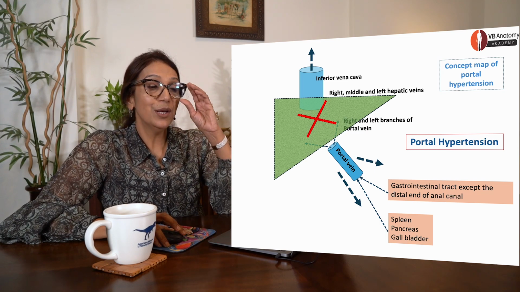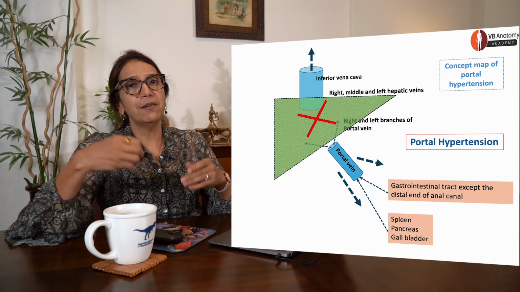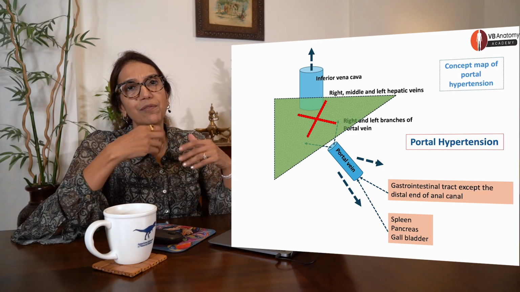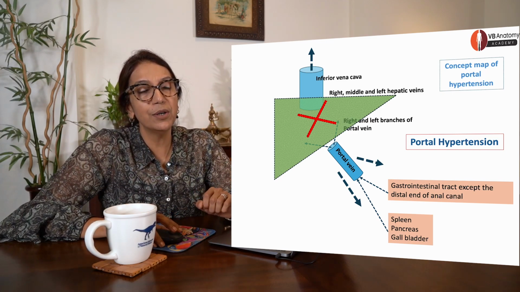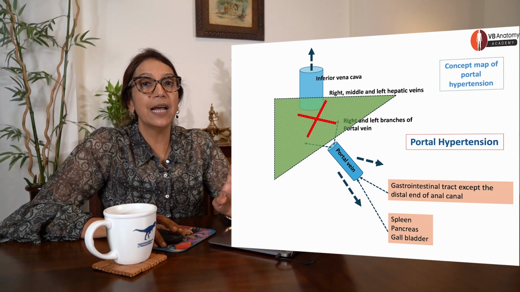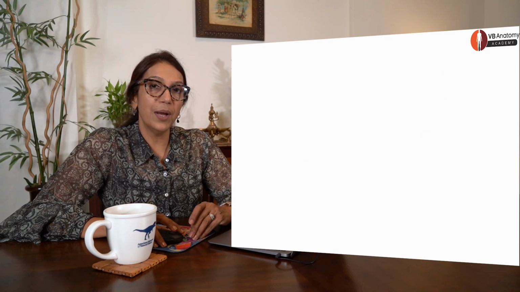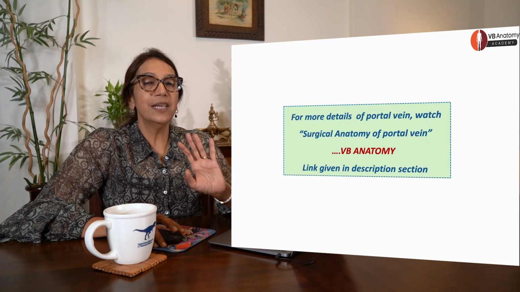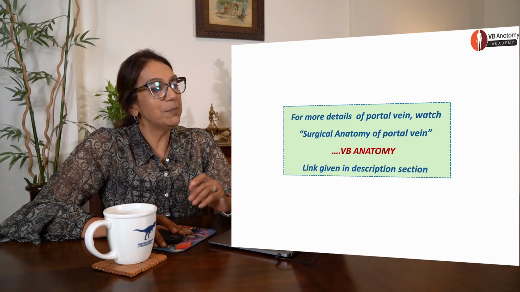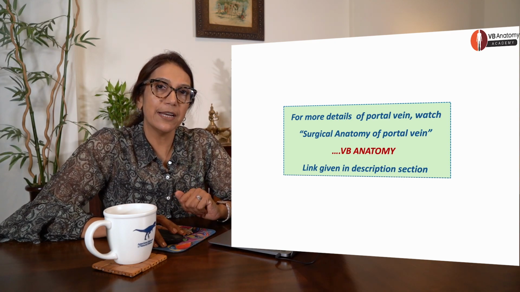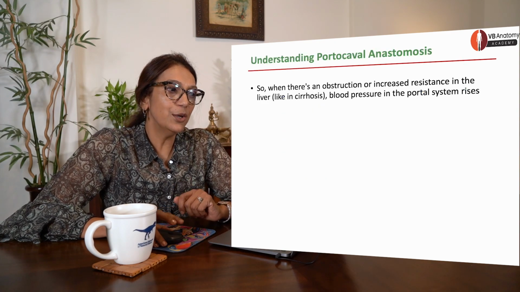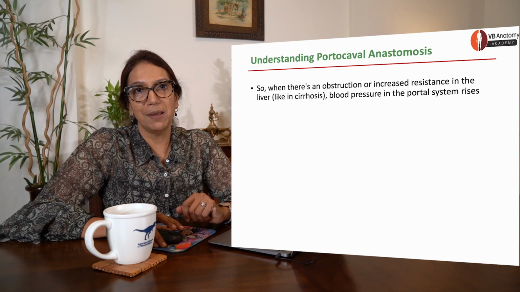Clear? Okay, so now there's a lot of backup of blood which is pushing into the portal vein. Come on, flow through, push the blood through the liver. The liver is saying, no, I don't have the time, nor do I have the energy to allow the blood to flow through me. Now what's going to happen? In case you need to know more about the portal vein, please see my lecture, Surgical Anatomy of Portal Vein. Continuing with the fact that we are stuck in portal hypertension.